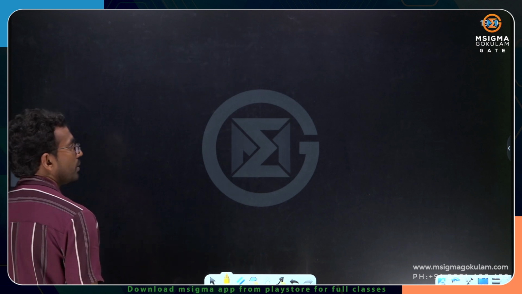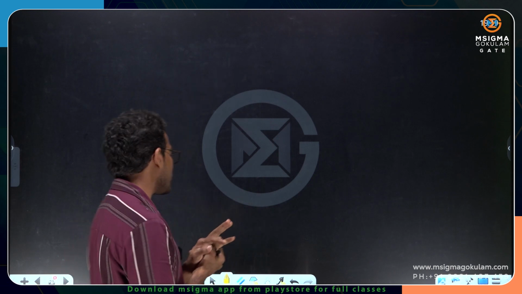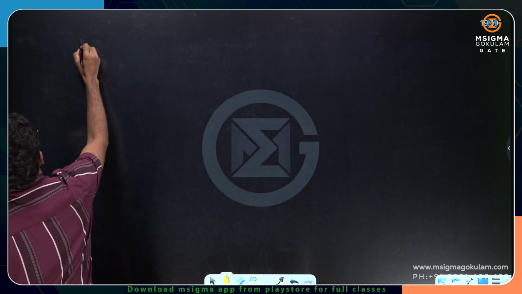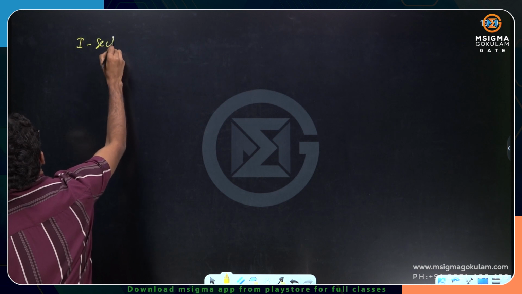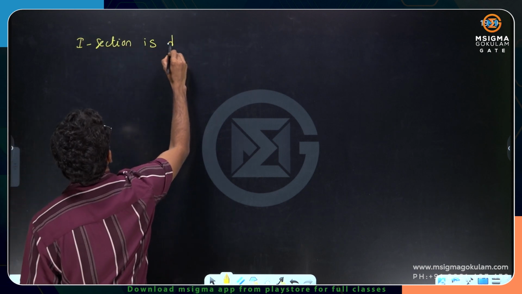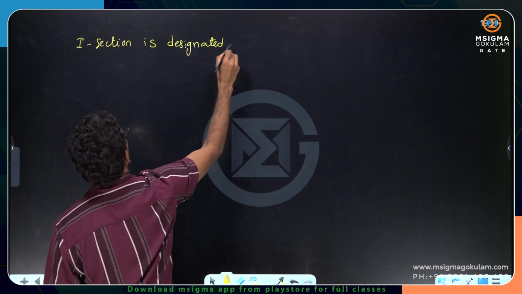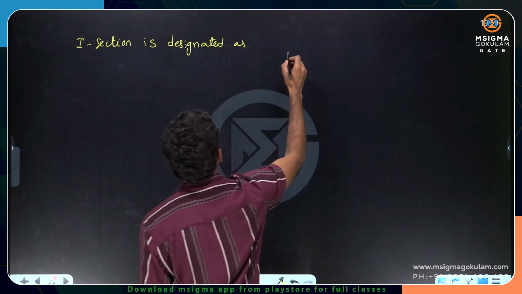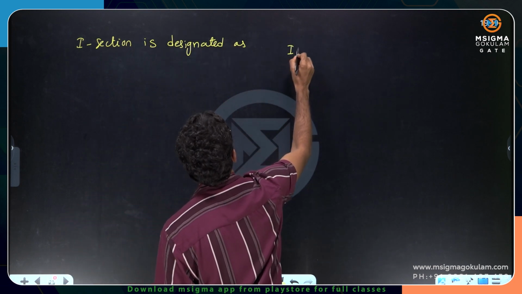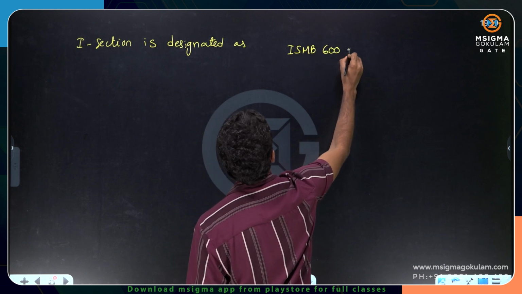Right. That is all about I sections. Now, how to designate I sections? That is another important thing. So, I section is designated like this. For example, let's say ISMB 600 @